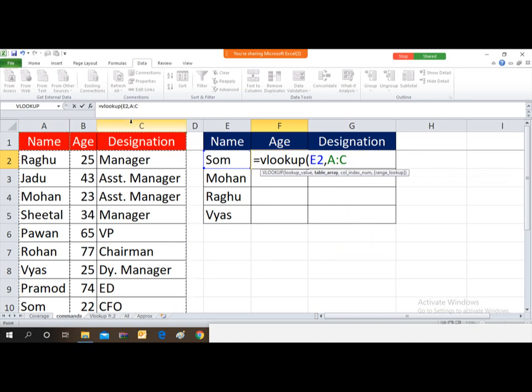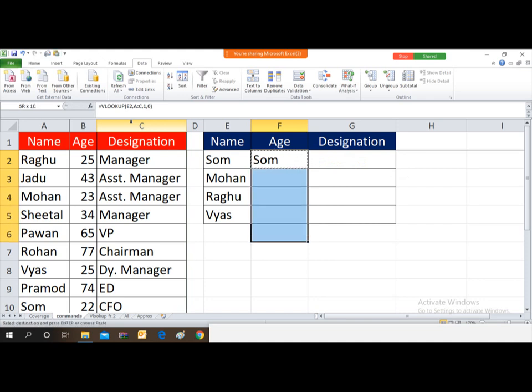जैसे मैं entire column select करता हूं, so then selection में क्या आता है, A is to C, it means the entire column A and up to C has been selected, and then comma column number that is 1 comma 0 bracket close। So friends, in this scenario I don't require to freeze the range, मेरे को रेंज फ्रीज करने की जरूरत नहीं है, जस्ट कॉपी इट पेस्ट इट। This is why, when we learned yesterday, at that time this Raghu was not appearing before I freeze the range, but after freezing range only this Raghu was.